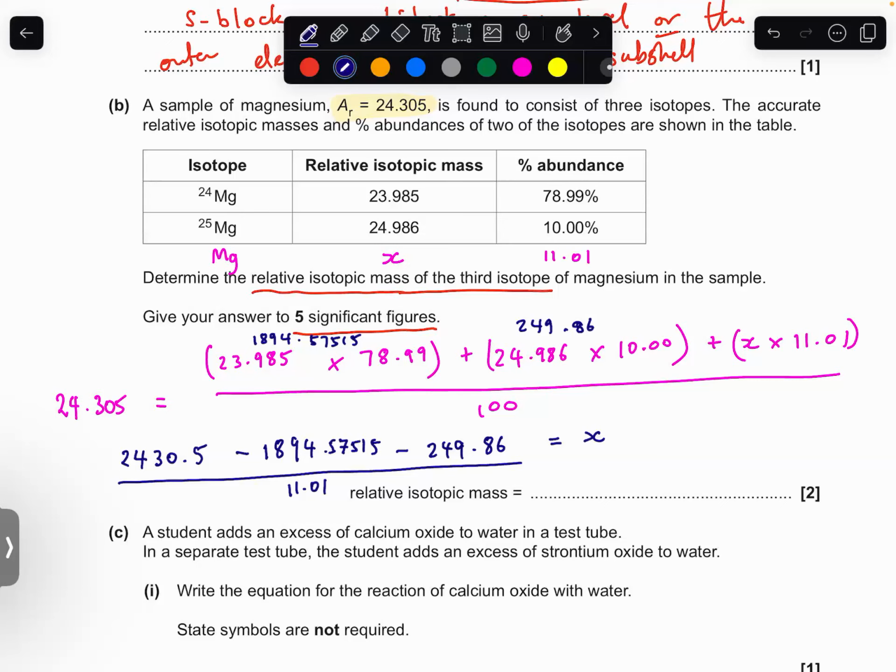Okay. Sorry, ladies and gentlemen, bear with me. 2430.5 minus 249.86 gives you that. Divide that by 11.01. Yeah, I think I've got fat fingers. Calculator error. That gives you to 5 significant figures